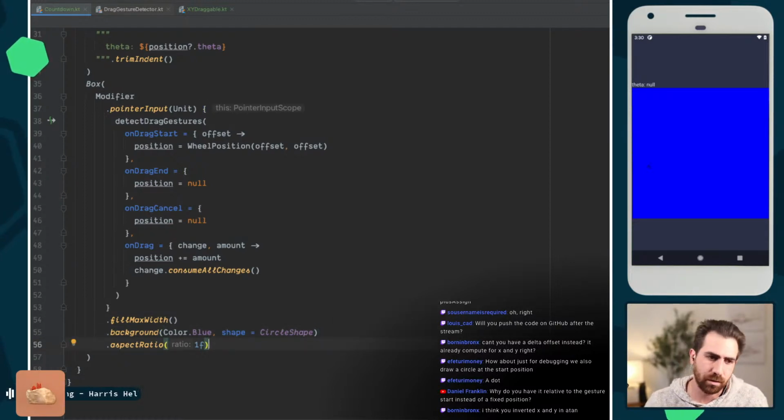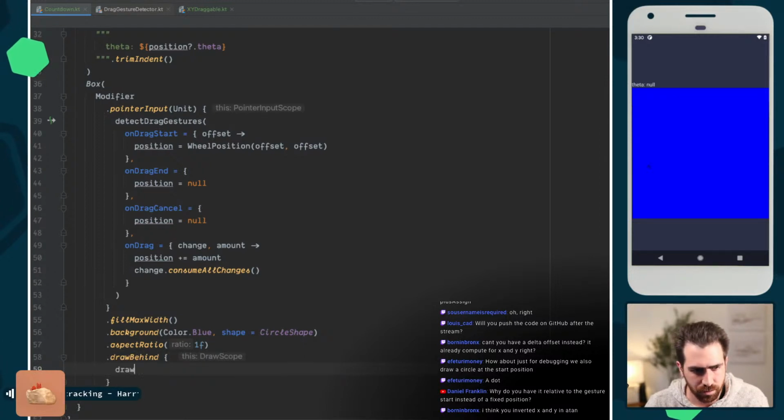And then I think what I'm going to do is just do a real quick draw behind where we draw a circle,